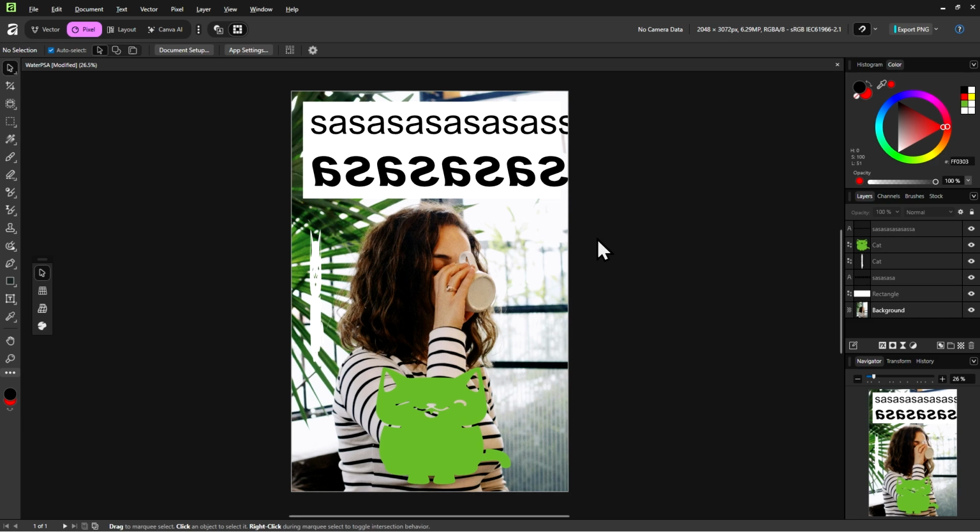For example, in this water PSA, remember it's a reminder to drink water. The objects here, the elements, the building blocks would be this image here, a woman drinking water, and maybe some text above it that says something like, remember to drink your water, 6 cups a day, or something like that. Now, currently, this text here is just sa, but for now, just pretend it's a friendly reminder to drink water, and not sa.